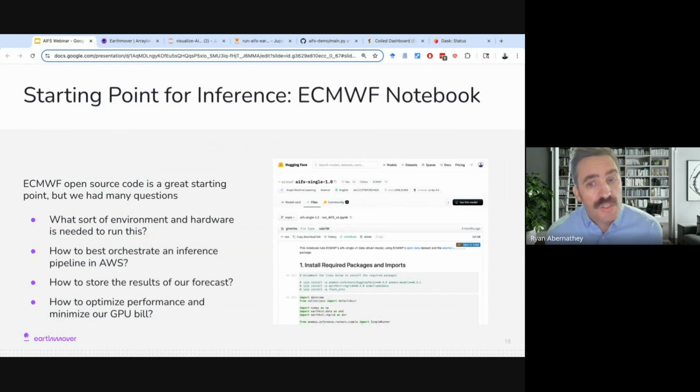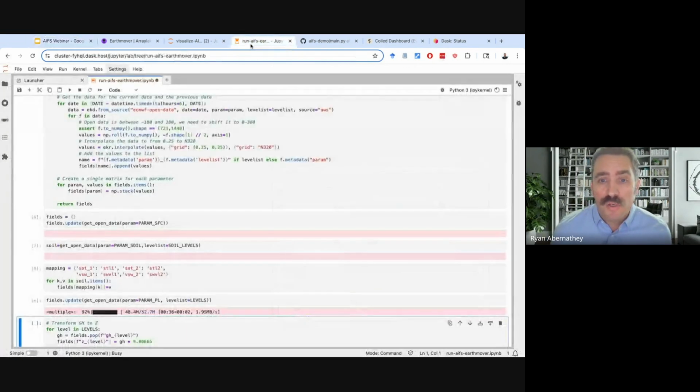How should we store the results of those forecasts? So how should we save the outputs back out? And in particular, how should we optimize performance to minimize our GPU bill? Because in this notebook over here that's downloading data, I'm actually sitting on a fairly expensive GPU just waiting for